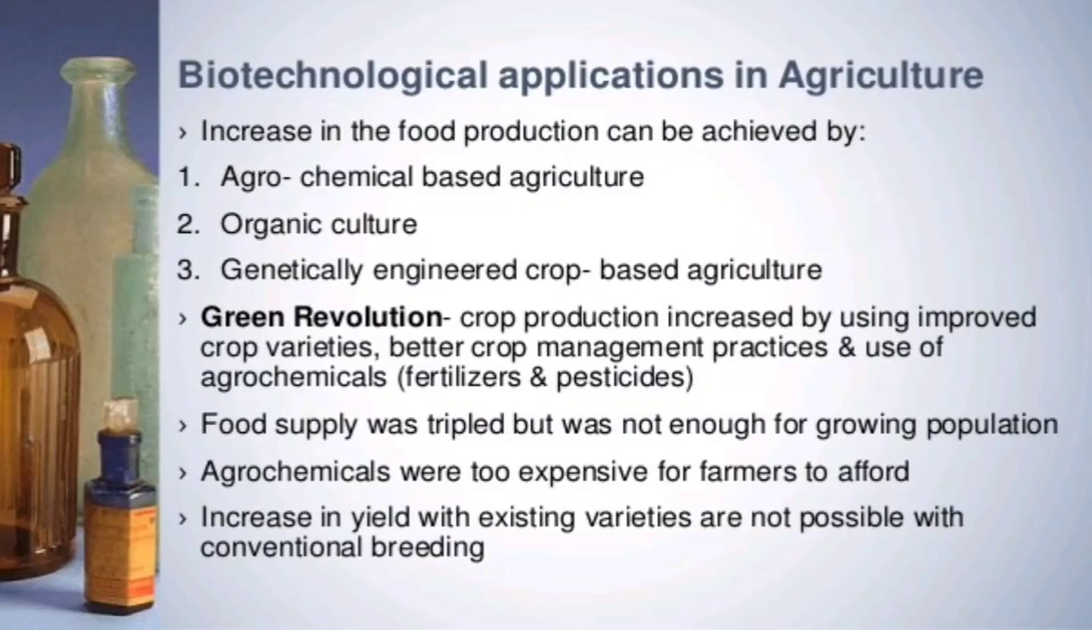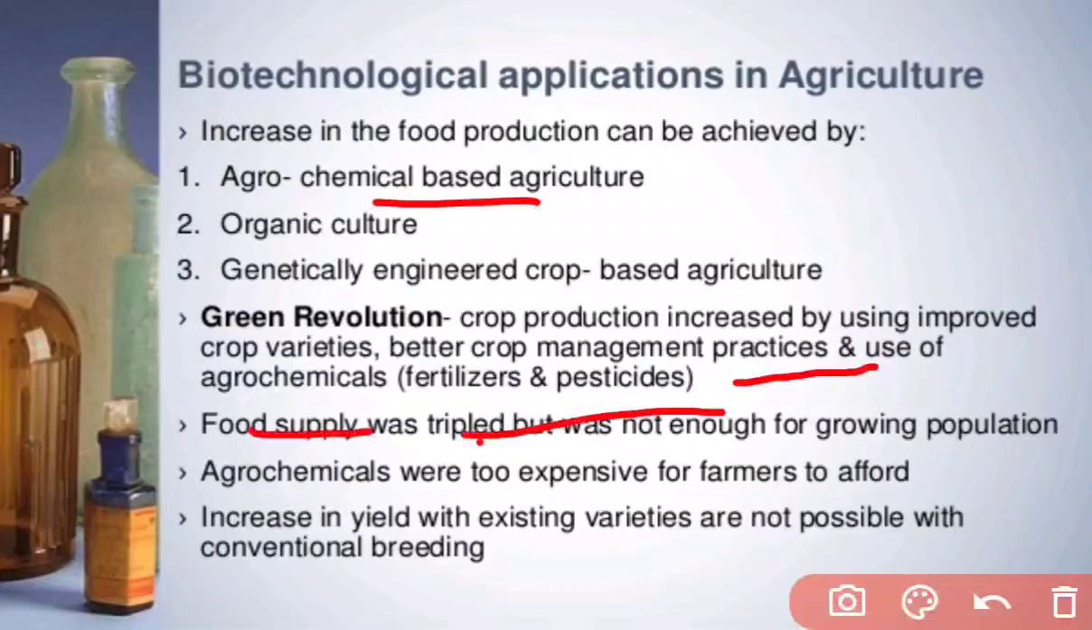So the first one coming here is increasing food production, which can be achieved by agrochemical based agriculture, meaning agriculture where chemical inputs are applied, organic culture where no chemicals are used, and genetically engineered crop based agriculture. तो हम ये देखे हैं कि फूड प्रोडक्शन को इंक्रीज हम कैसे कर सकते